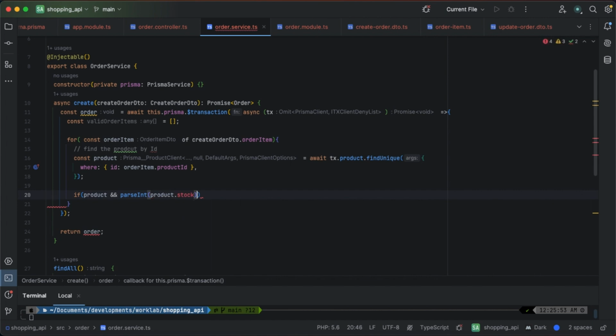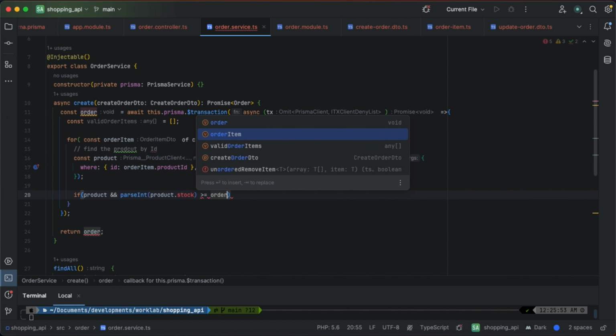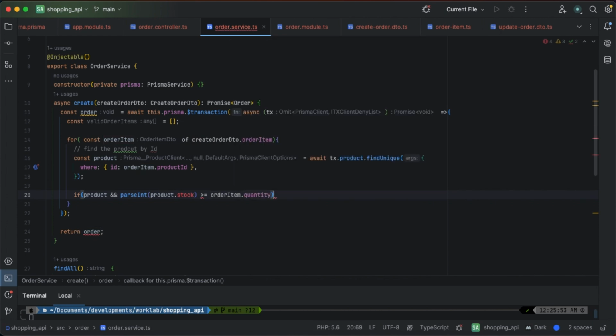Product stock is greater than order item dot quantity. Then